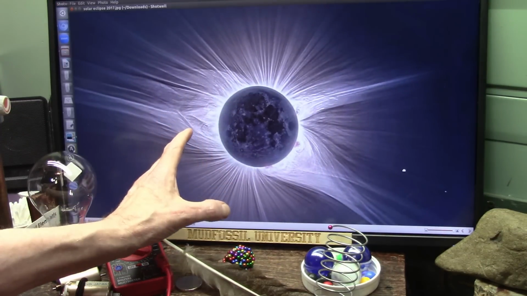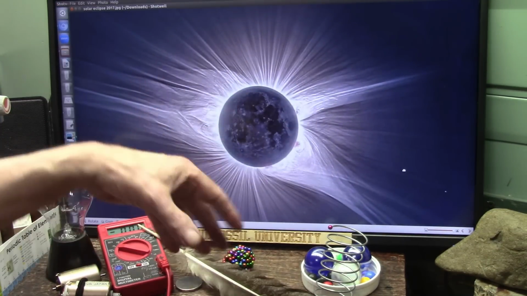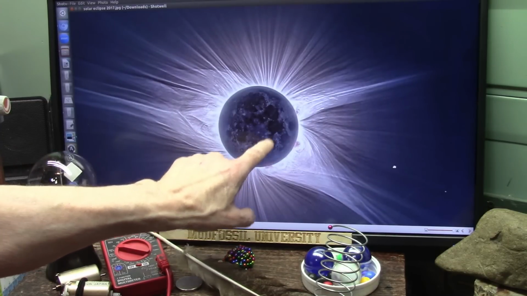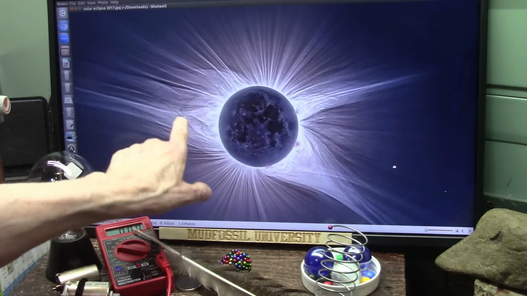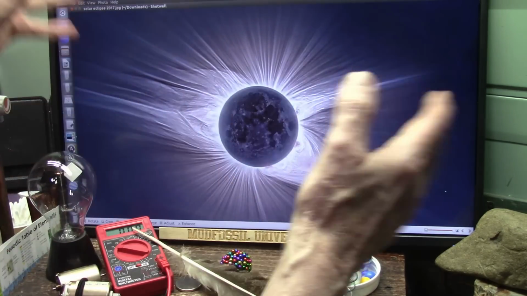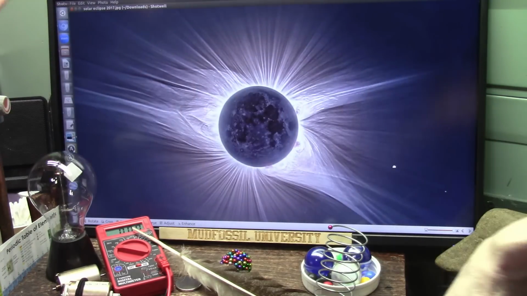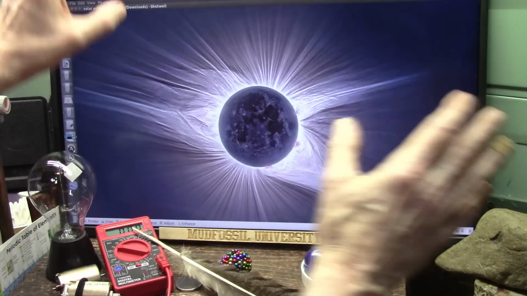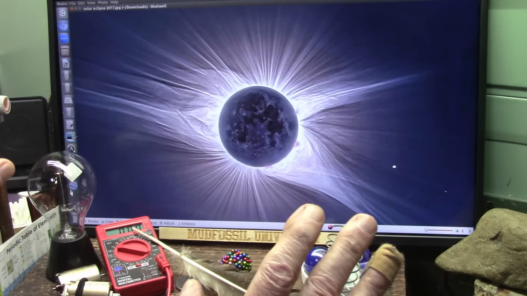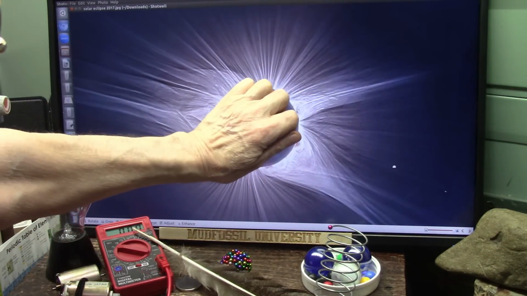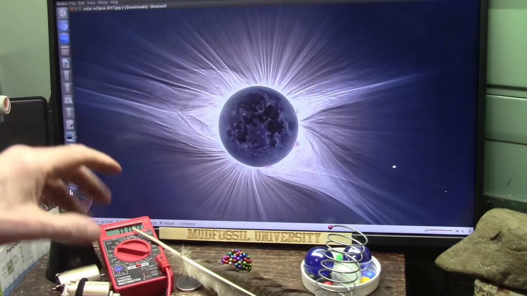This is a solar eclipse. We don't see this every day, but this is what's happening. The sun is behind the disk of the moon. All of this is particles of light. They're particles of light and ions and molecules and gases and who knows what. But they're going out and you don't see them because you're blinded by the light. You can't look into the sun and see all those particles. The only way we could do it is get that solar eclipse like this.